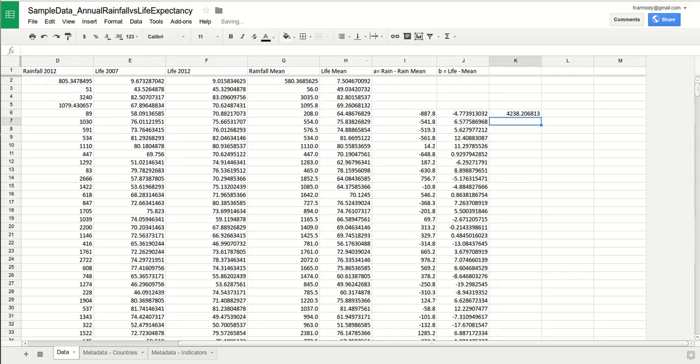So you got I6 times J6, which is A times B, right? And then we have A squared, so we just want to do equals. And we can just do I6 times I6, enter. Then we want to do B squared, so it goes equals J6 times J6, and enter. Okay, so there we have A times B, we have A, and